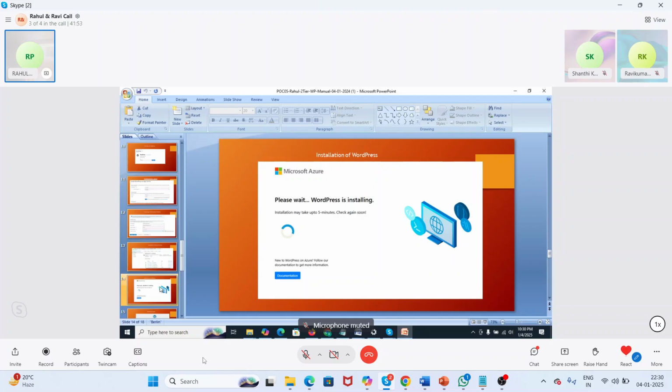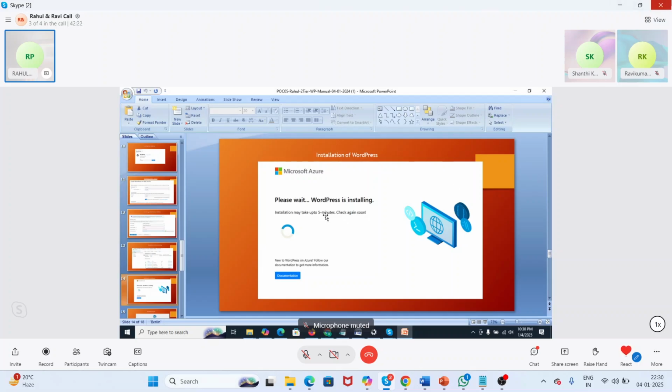Initially it says it may take 5 minutes. This takes some 5 minutes because WordPress is creating the database tables, configuring default settings, and setting up the initial site structure. It may take a few moments, so we have to be patient while the installation runs until the process completes.